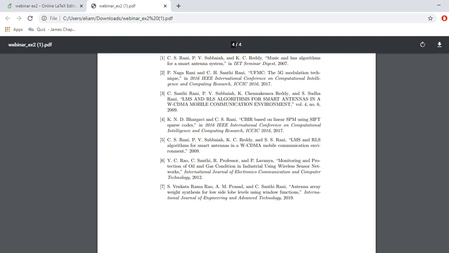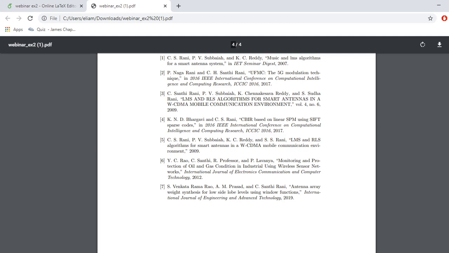Okay, so in this manner you can use LaTeX. This LaTeX is a very powerful tool, and you can incorporate so many features, like you can write mathematical equations by using some commands like \frac, and you can prepare presentation slides, you can write letters, you can write your thesis. So many templates are available. You just click on the template and fill that template. You can prepare a beautiful document.